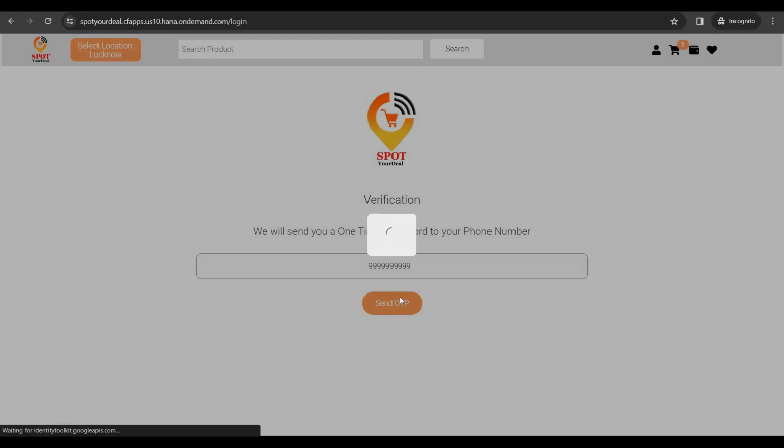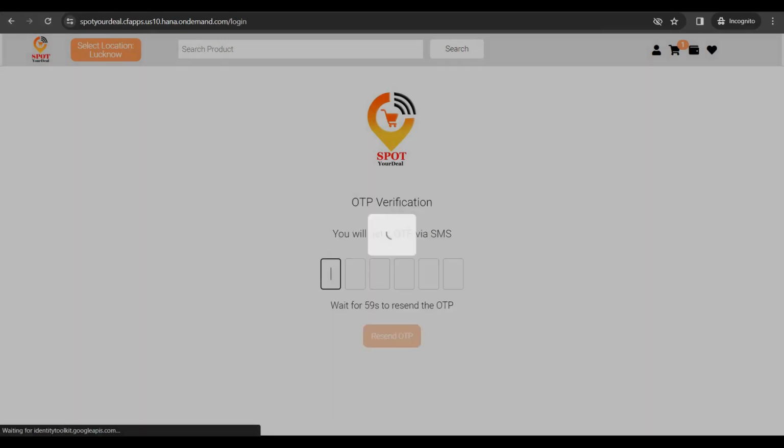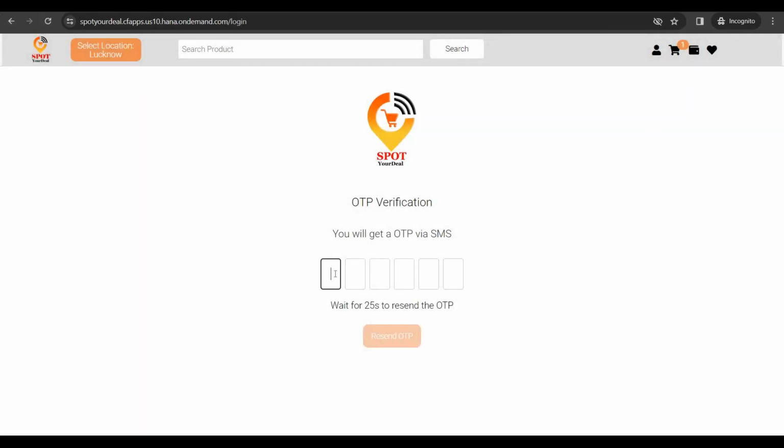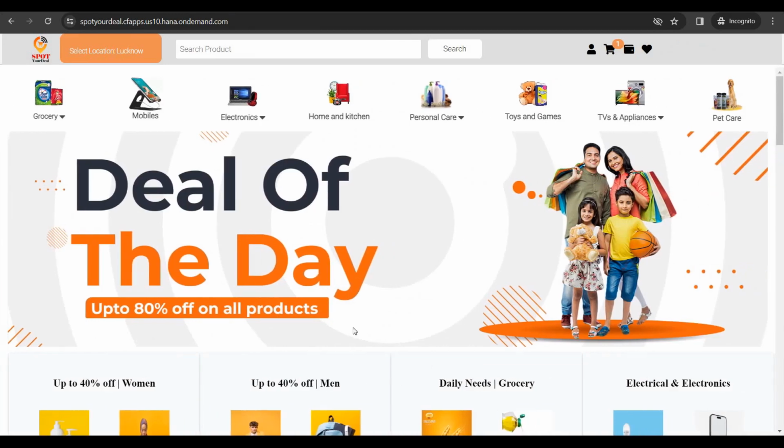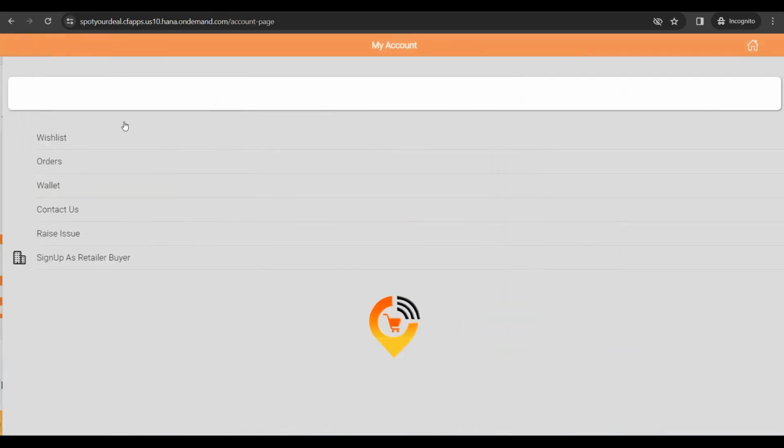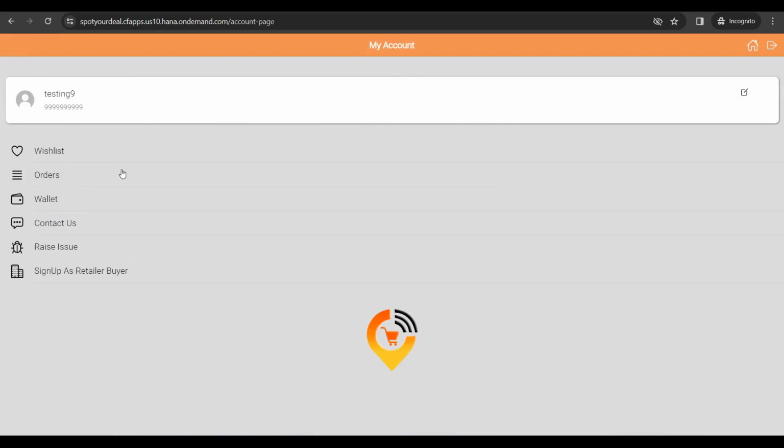Then we have to click send OTP. Our OTP is... now we have logged in to the website. We can see here this is our name, or the number through which we have logged in.